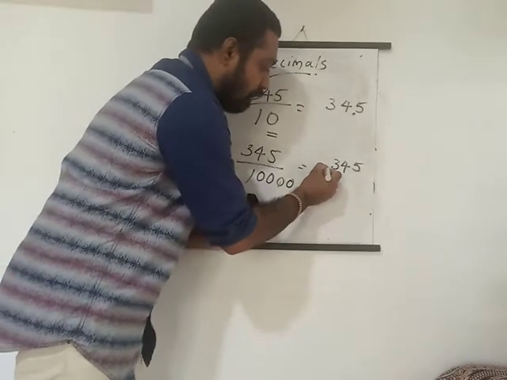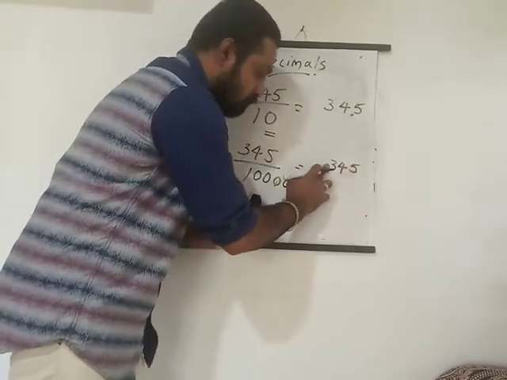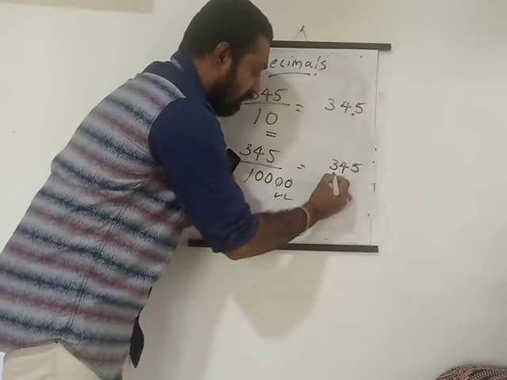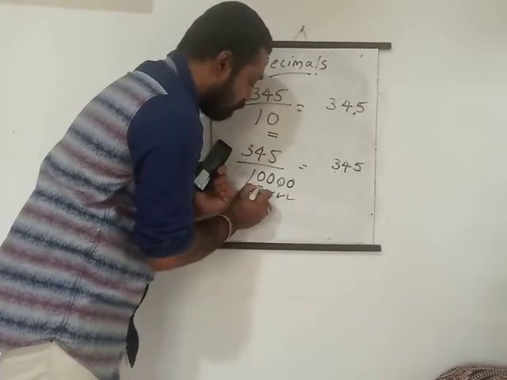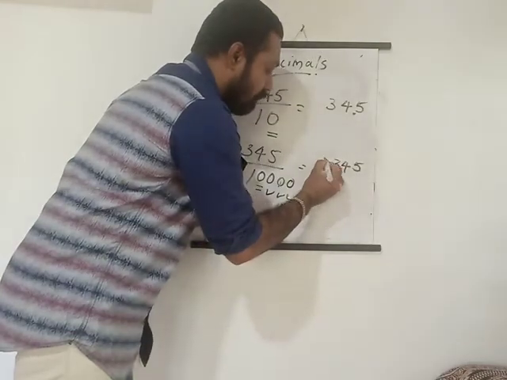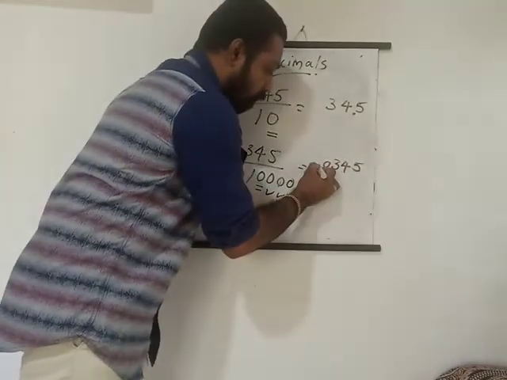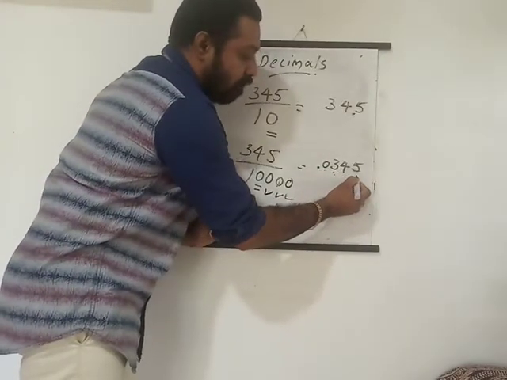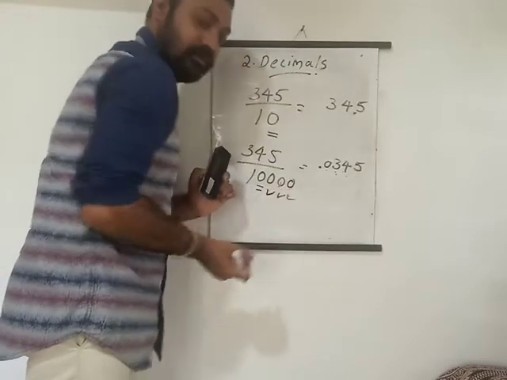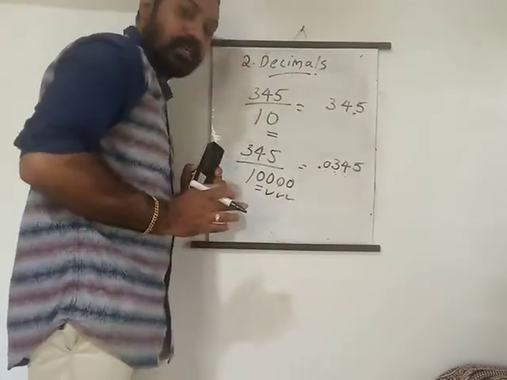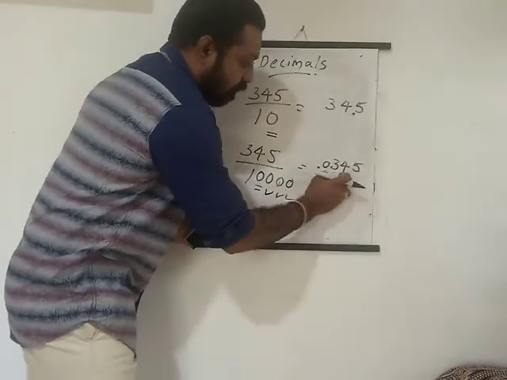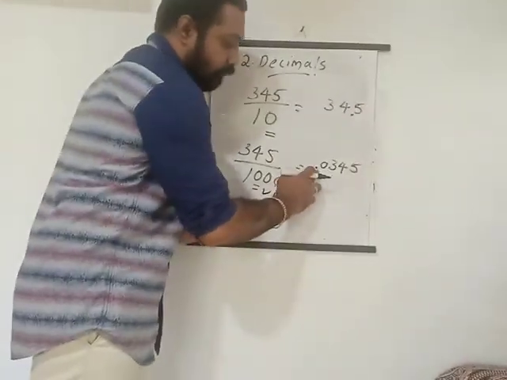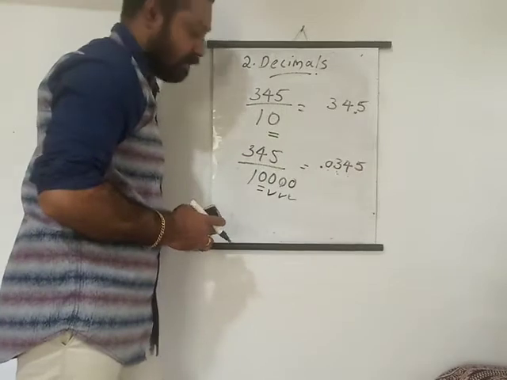If you put a point here, what will happen? It becomes 3 only. So 1 goes, 2 goes, 3 goes, and 1 zero remains. That one we have to put here. Understand? Then the point. Now you count how many digits are after this point: 1, 2, 3, 4. This 0 we just put here. 1, 2, 3. This 0 put here, and the point. After the point, how many? 1, 2, 3. Understand?